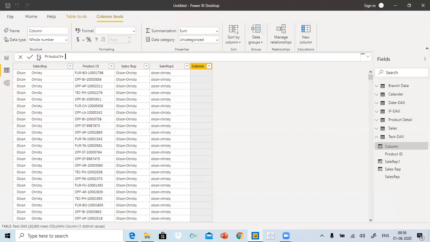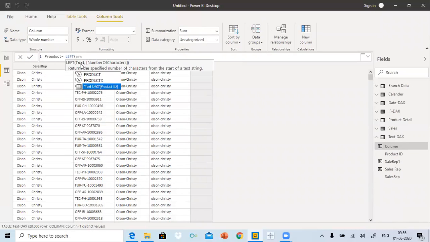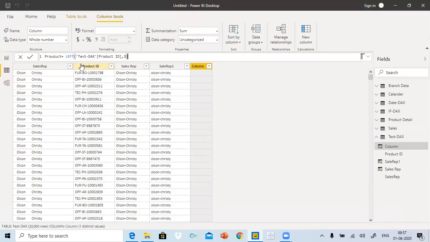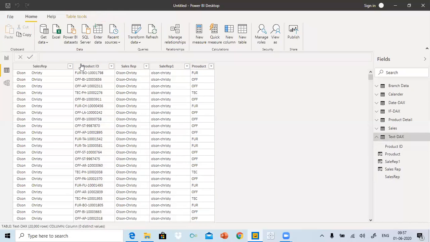To get the characters from the left side, you can directly use the LEFT function. It's asking me for the text, and I'm getting the text from this product ID. How many characters are we looking for from the left? That is 3 characters. Just close this bracket and hit enter. So we have a separate product name.